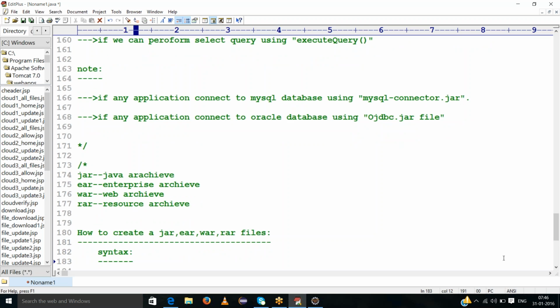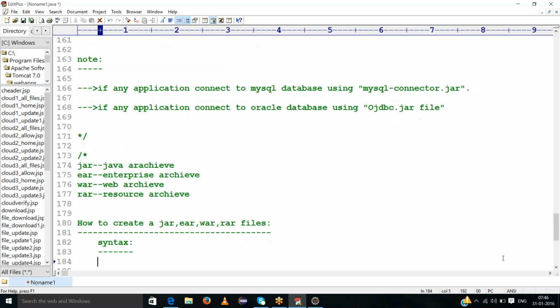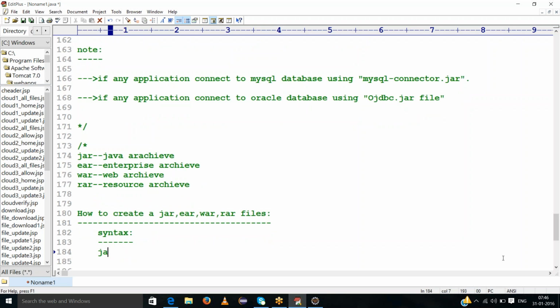Compress the data or not? Sumit, compress the data or not? Hello? Naveen, what is the purpose of the rar file? Compress the data or not? Yeah, I think